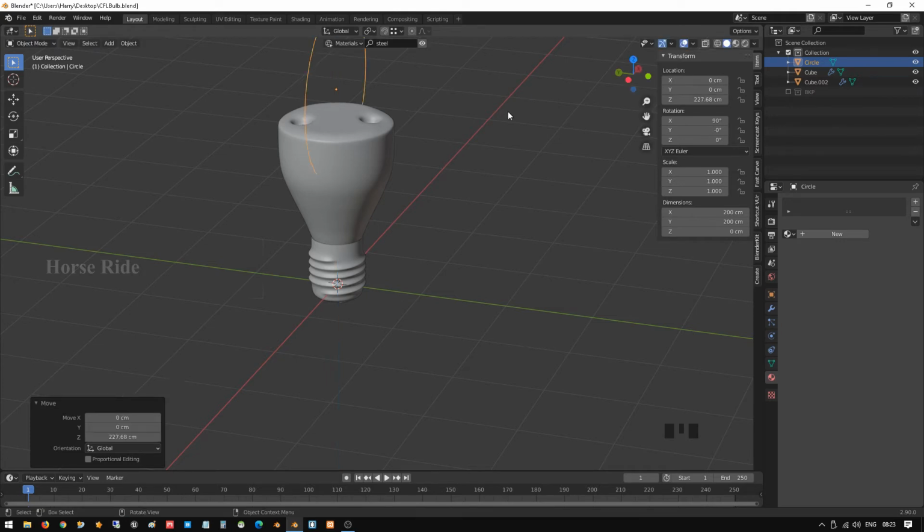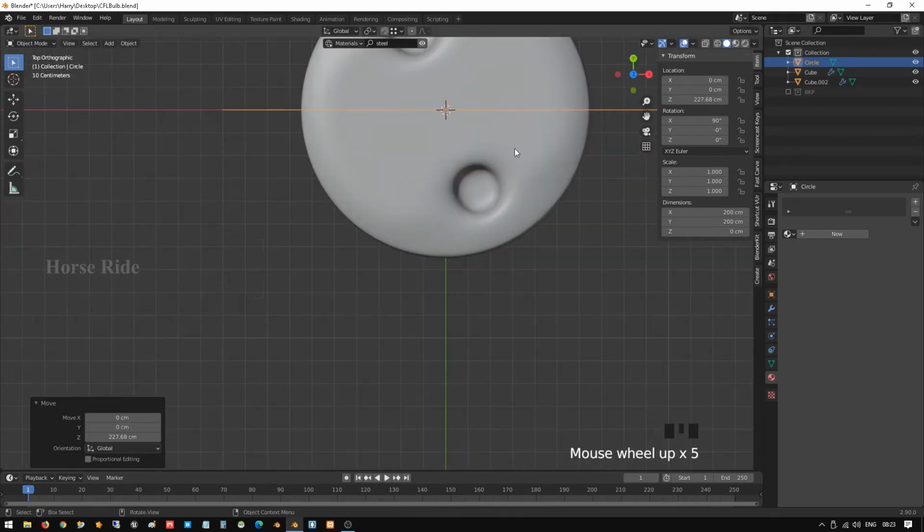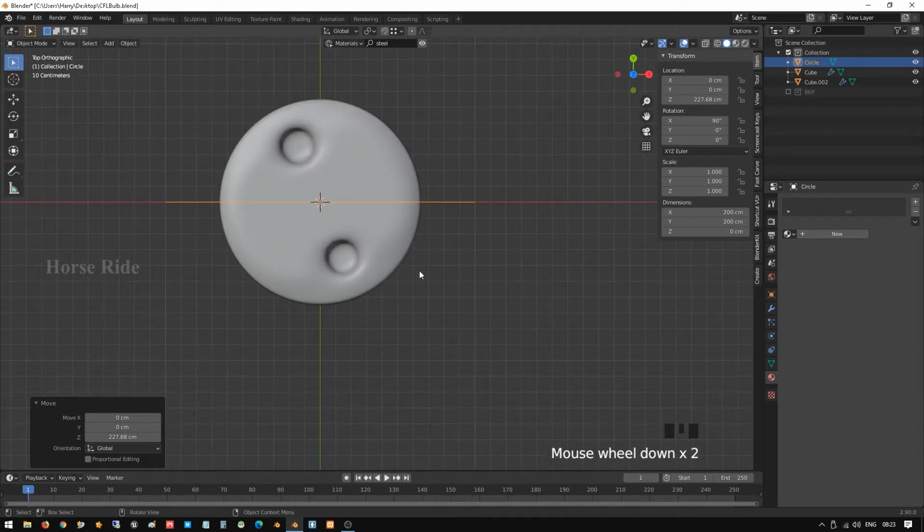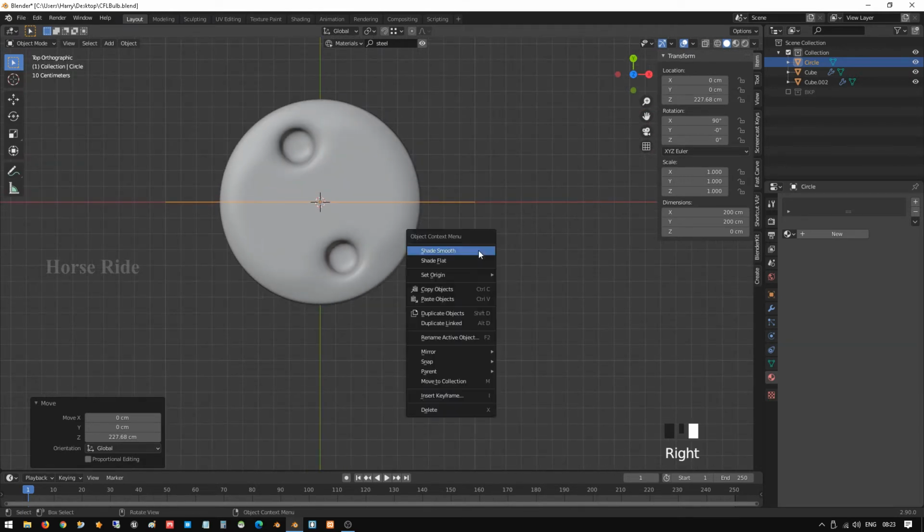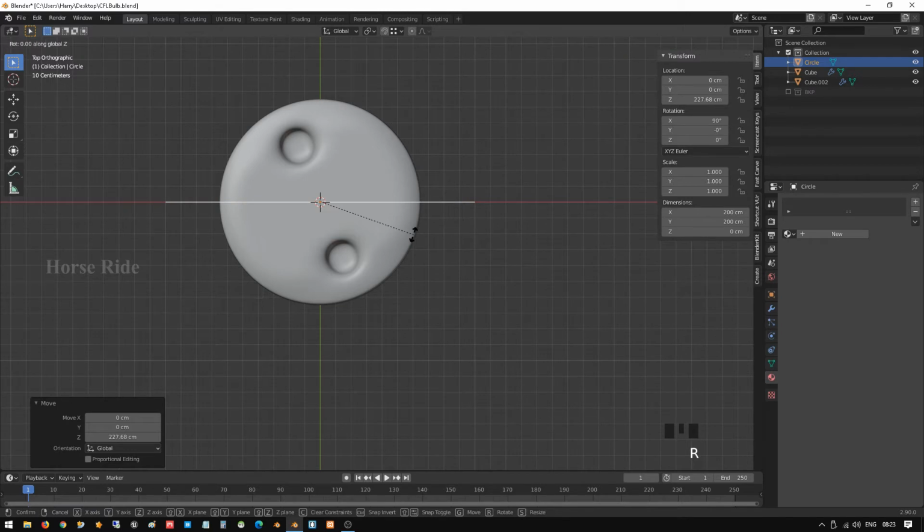And go to top view, press 7 on the keyboard, and rotate, sorry, rotate the Z axis like this angle.